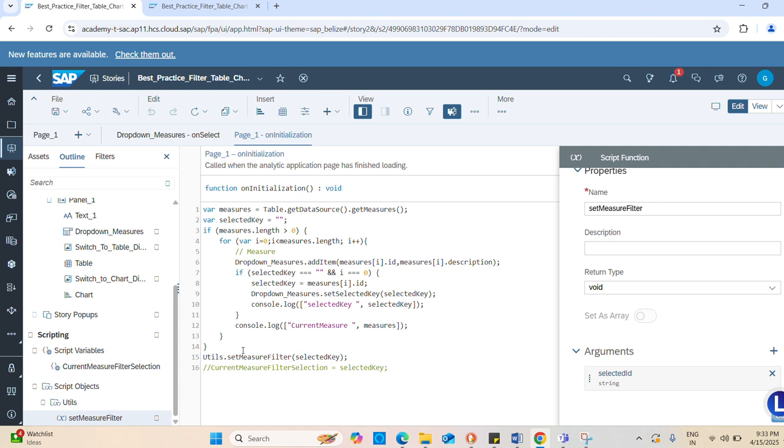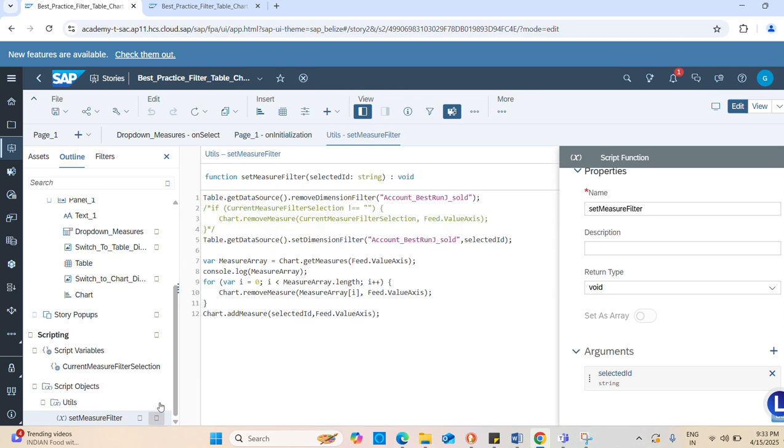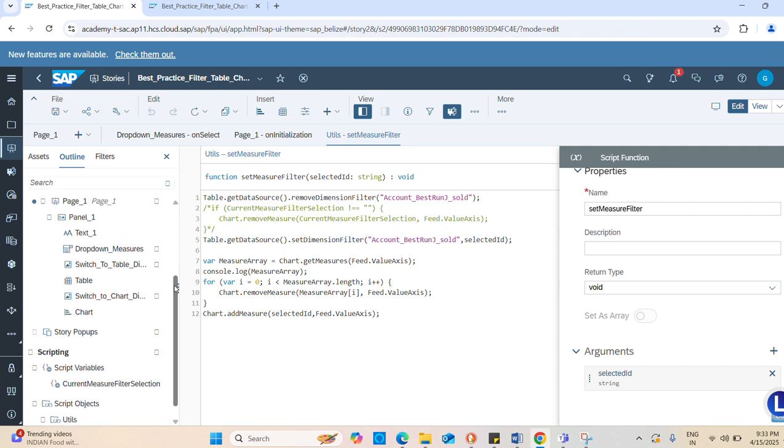So now here we are passing this value, the first default value, into this script object or into this function. So what is the logic in this function? If you go to the edit script, this function is called in two places. One is in the initialization, where it is setting the first value and passing it into this function. And the second place is in the